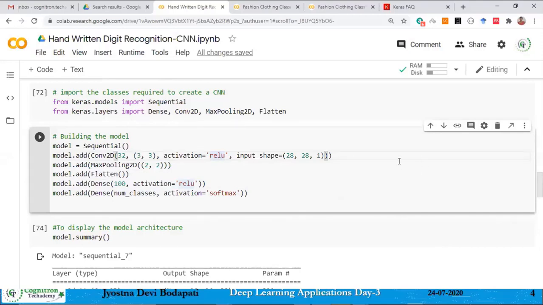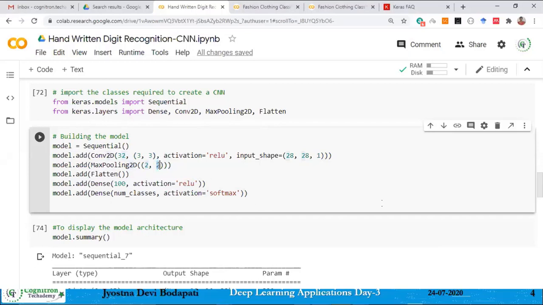Madam, that max pooling 2D, why is a list of lists given as an argument? So here, what is the size of your max pooling? This is the stride value, and this is the window size. So the first argument indicates it's 2 by 2 pooling. Here the second indicates the stride.